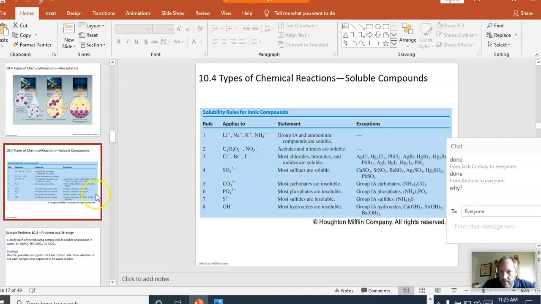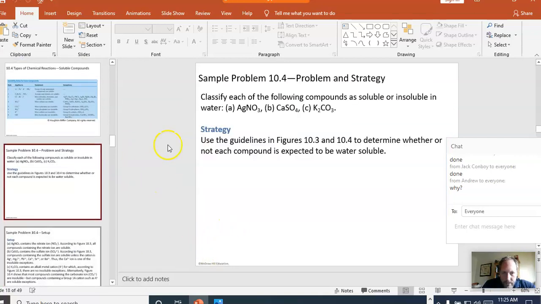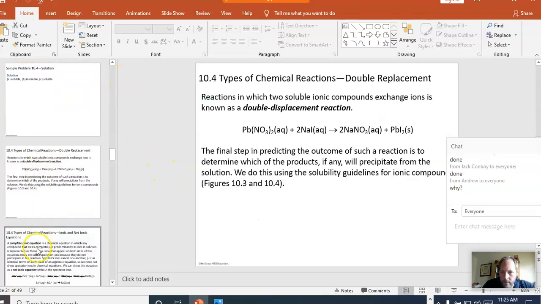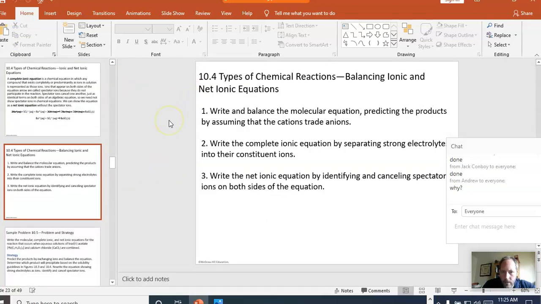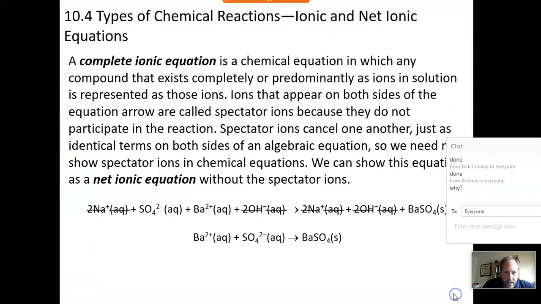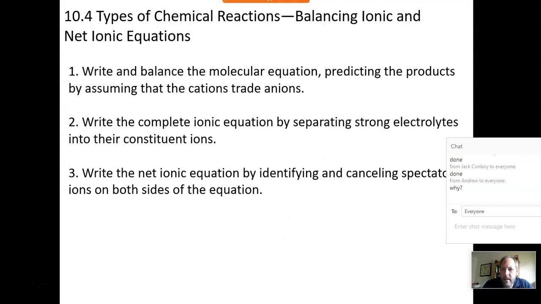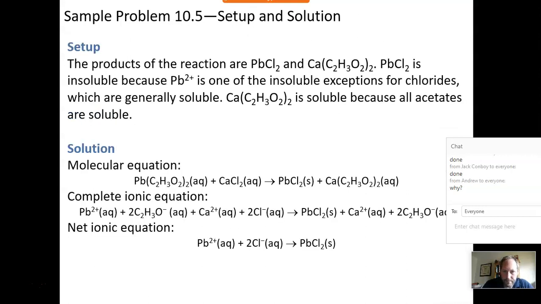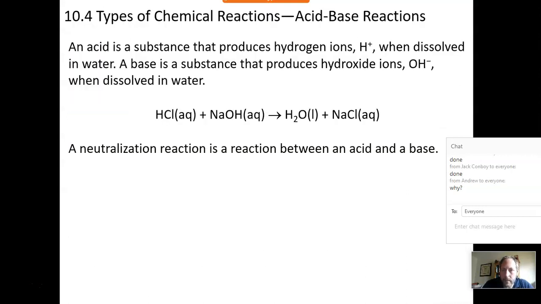So the last thing I want to talk about for today is complete ionic. So I'm just going to show you the slides, everything we talked about. Here's the complete and the net ionic equations. We talked about that. Here's how to do them. Write a molecular equation, predict the products, do the complete ionic, do the net ionic. This is just an example problem. And here's some more problems. So I want to talk about this, which is called an acid-base reaction. This is also a type of a